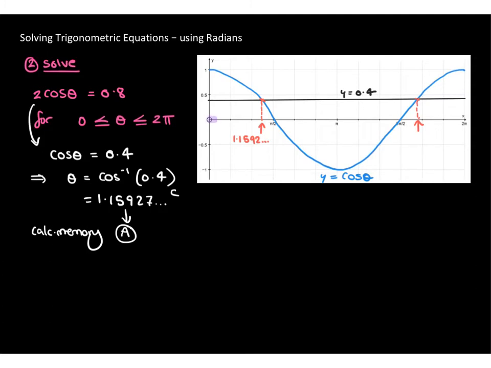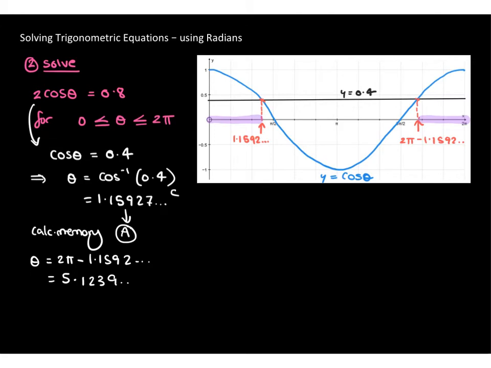I can see that this distance matches this distance here. So I can simply take away that value of 1.1592 away from 2 pi to get the second answer. So my other value of theta, my second answer, theta equals 2 pi minus 1.1592, etc. And because I've stored that in a calculator memory, it's easy for me to access it if I do something else on the calculator, and that gives me a value of